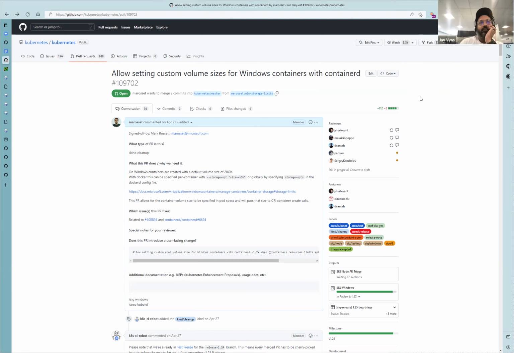What I'm saying is my thought is 109.702 shouldn't be blocked on parity. That's what I'm saying. It seems like this is a concrete step forward that unblocks an actual thing that an actual person wants to do. We shouldn't block it on a non-concrete thing that we're not sure is actually that important. That's the way I look at this.